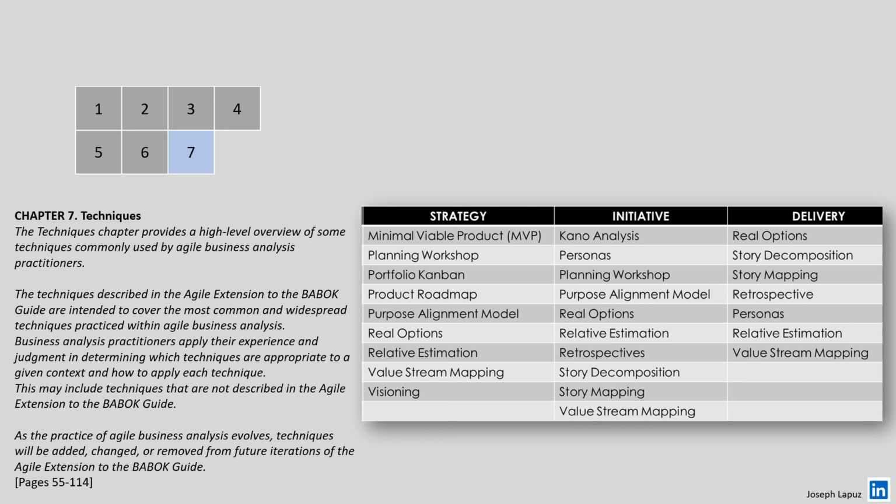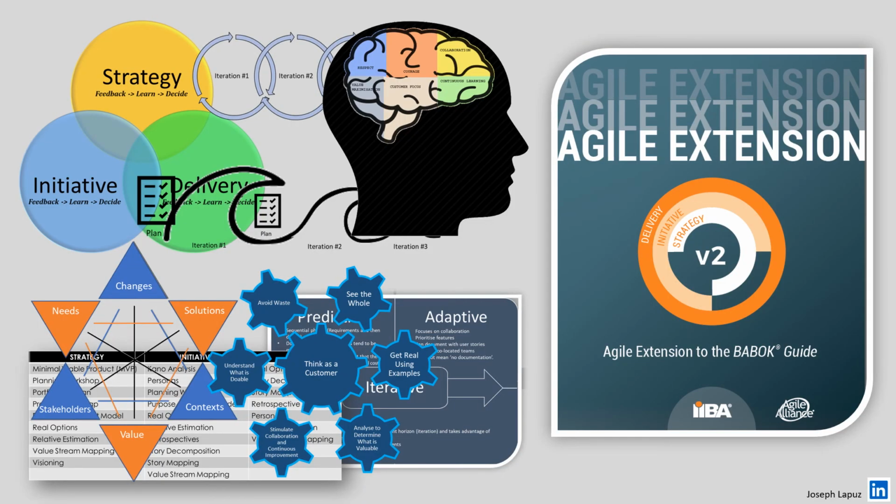Business analysis practitioners apply their experience and judgment in determining which techniques are appropriate to a given context and how to apply each technique. This may include techniques that are not described in the Agile Extension to the BABOK guide. As the practice of Agile business analysis evolves, techniques will be added, changed, or removed from future iterations of the Agile Extension to the BABOK guide. As you read the Agile Extension to the BABOK guide v2.0,